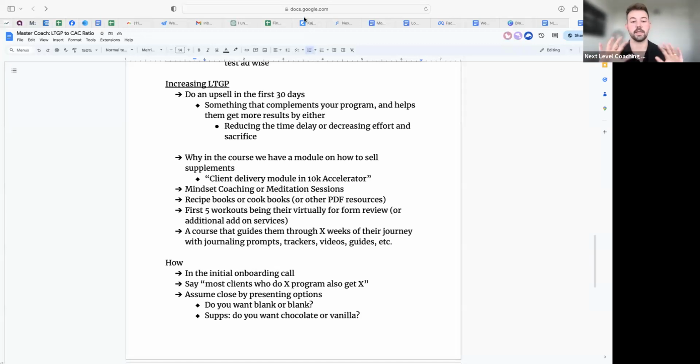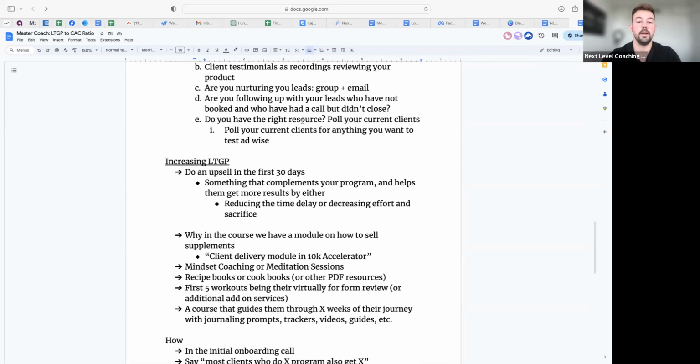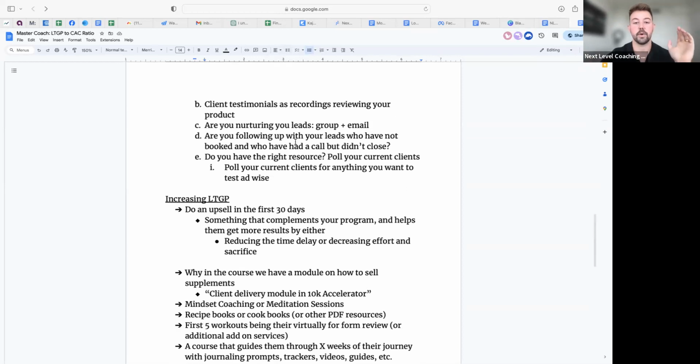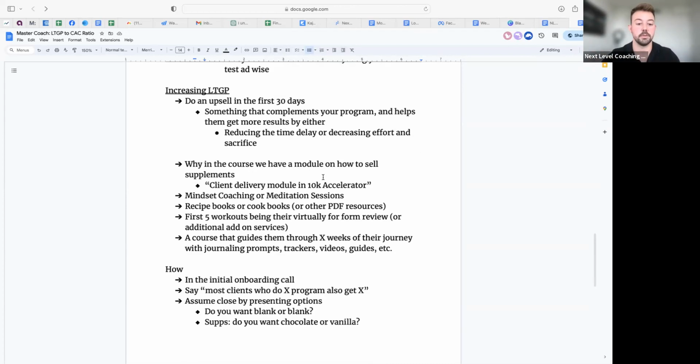I'll use NLCA just because it's a clean example. When we get a student from 10K Accelerator to Master Coach, we don't have to spend any more cost of acquisition to get that person to do that. So the profit percentage is that much greater when you can get people into your back-end Ascension program. Our cost of acquisition is actually really good. In business coaching, it's anywhere between 1,000 to 3,000. Usually our cost of acquisition is $2,000. So we don't have to spend another $2,000 to get students who have already paid for us in 10K into Master Coach. That's the power of an Ascension program.